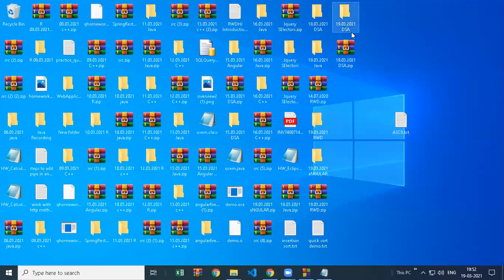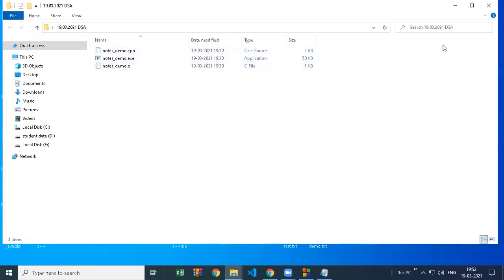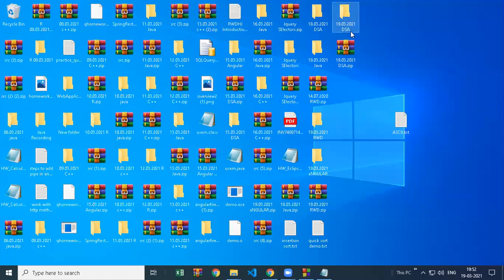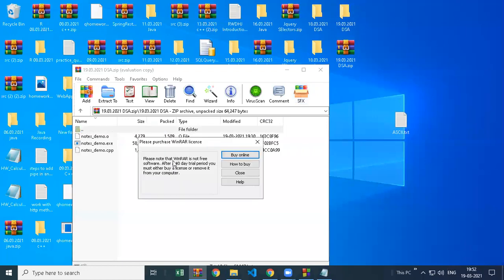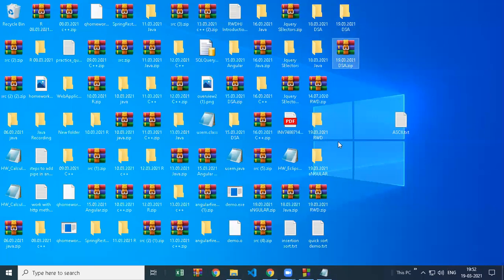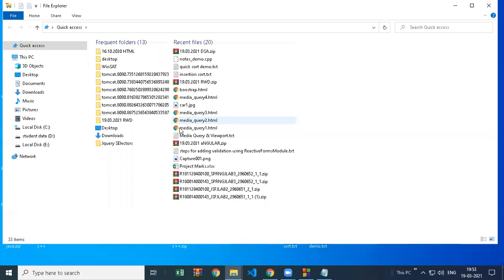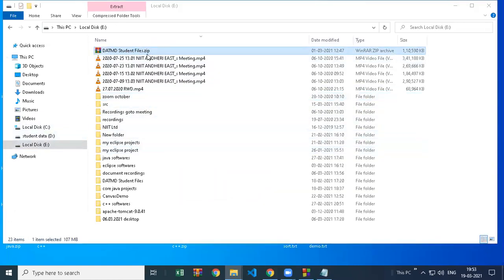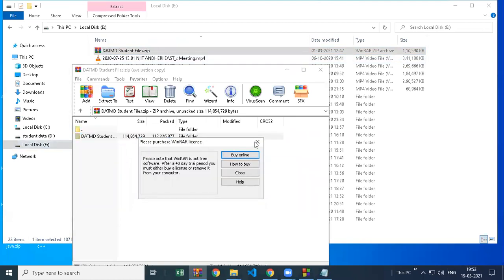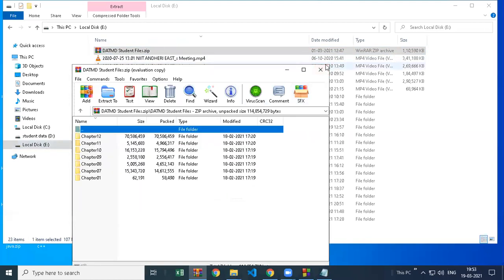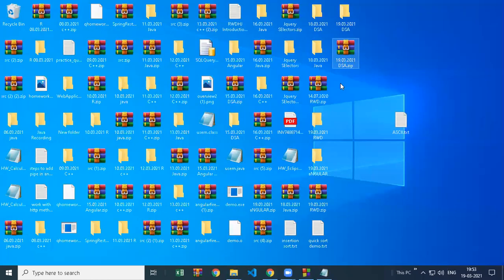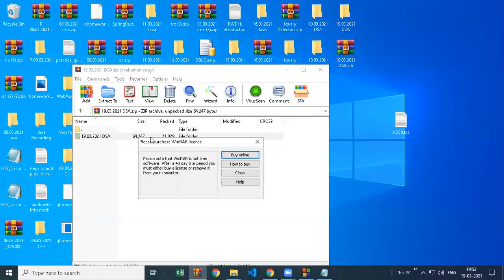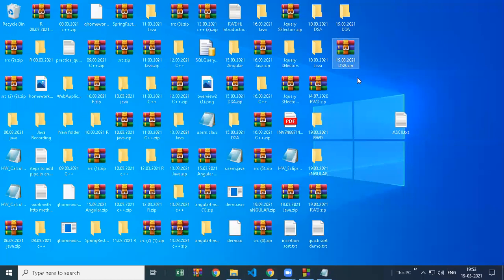So now tell me which one you will select, compressing the file or uncompressing. Actually, if you want to access your file faster, you have to go with the folder option only. If you compress it, you cannot access your files faster. Currently this is a small file, so it looks like we can access it in the same amount of time. But if you have a big file, like this is also not very big, if you have GB of compressed file, you will find it takes time opening your zip file.